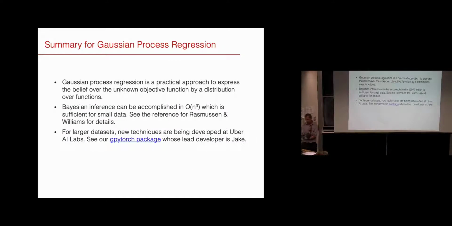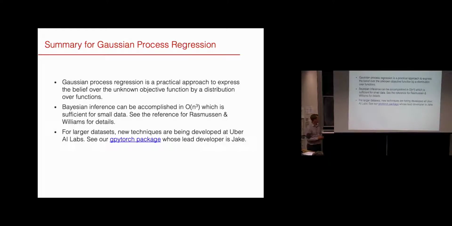Then let me summarize. Essentially, Gaussian process regression is a practical approach to express our belief over unknown functions. We say we don't know the function itself, but we can capture this by a distribution over functions. As we get more and more observations, this distribution becomes more accurate, because the mass is more concentrated on a smaller set of functions. I pointed out this inference can be done analytically in cubic time, which is okay. Remember that the function is expensive, so usually we don't have much data anyway, so we can afford cubic